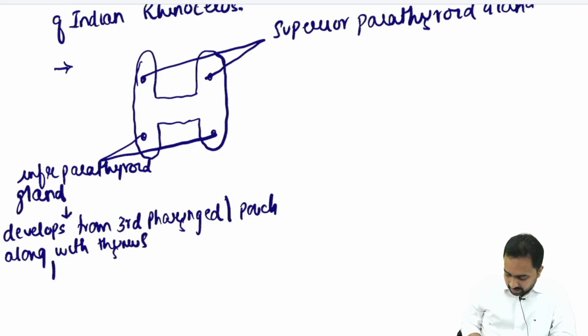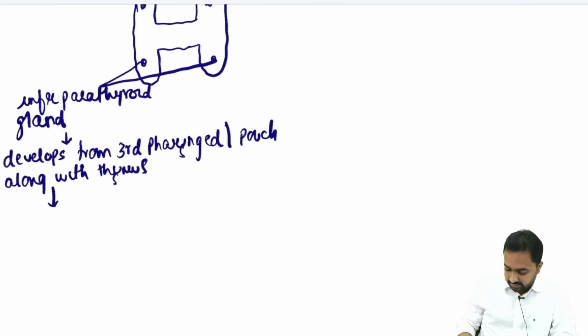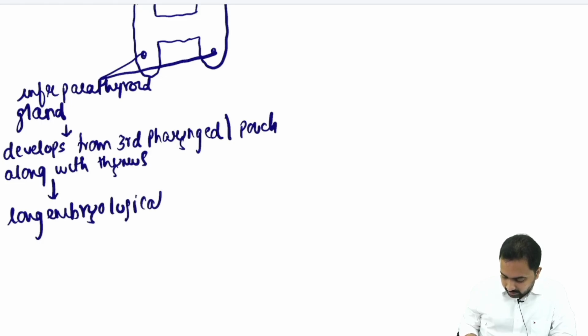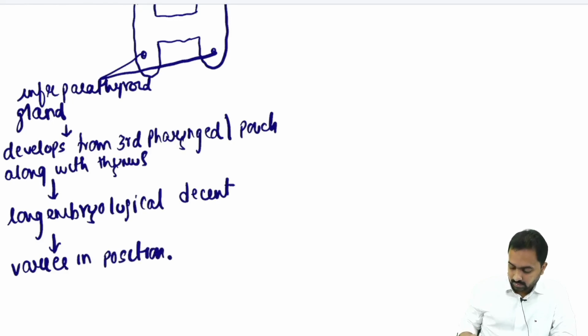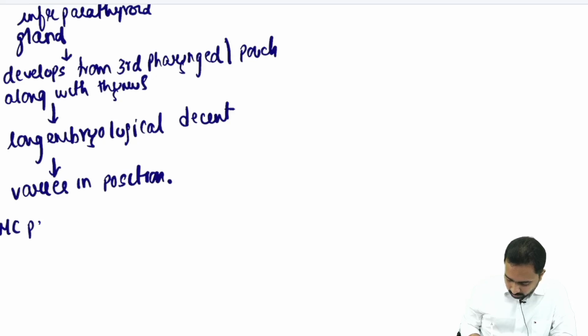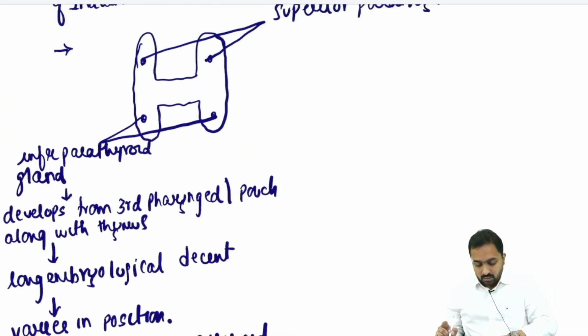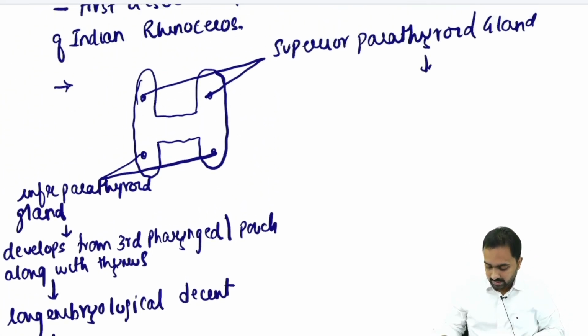and it has a long embryological descent, as a result of which it varies in position. The most common position is on the lower pole of the thyroid. On the other hand, the superior parathyroid gland,